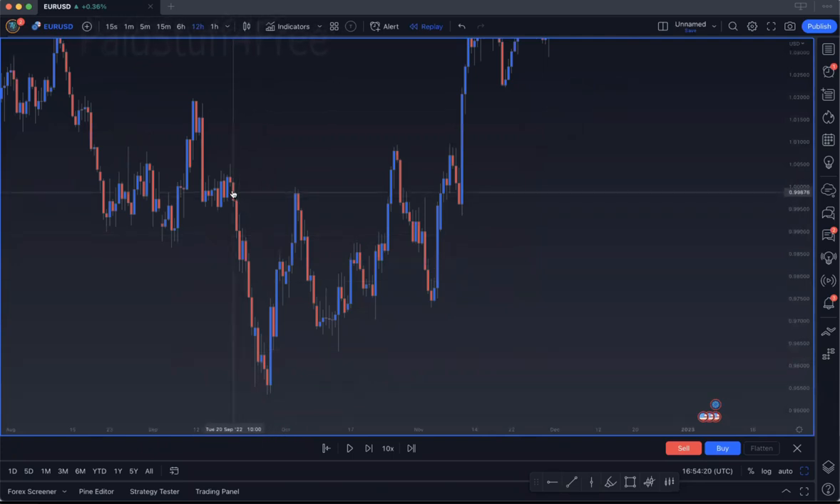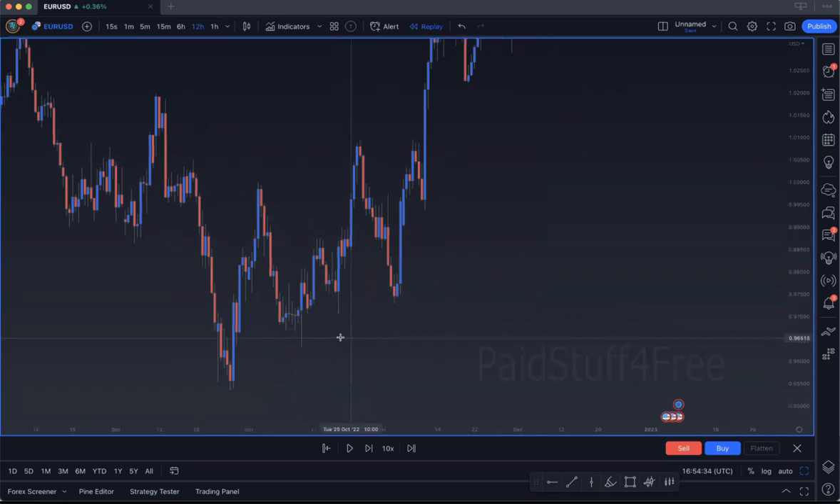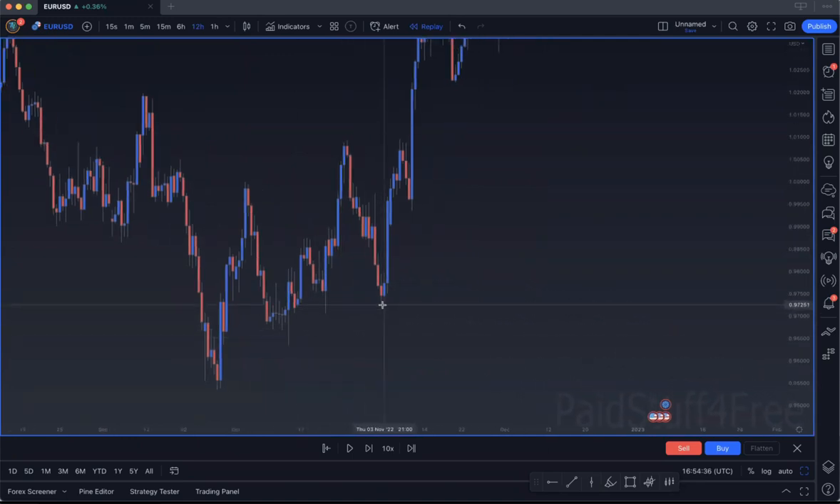Now let's see. This is another good POI area right here. What time does this say? Tuesday at 10. Okay. Now let's get another one. What time does this say? Thursday at 10. Reversal, right? Yeah. Okay. Now let's see. What time does this say? Thursday 2100. I actually took this trade too because if you look,